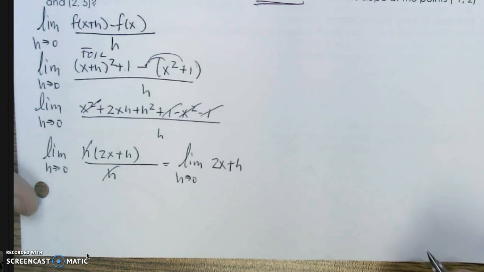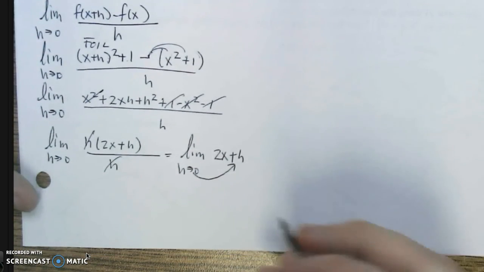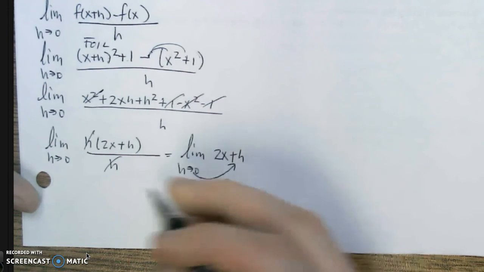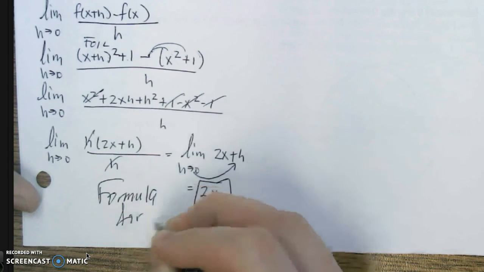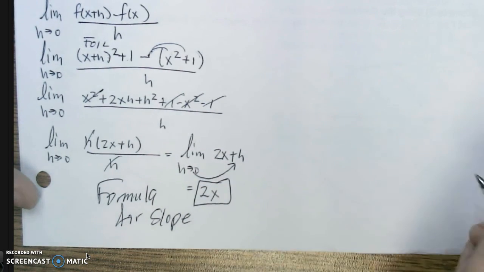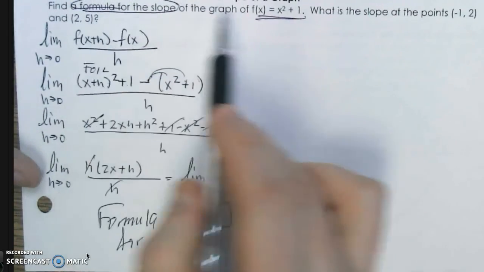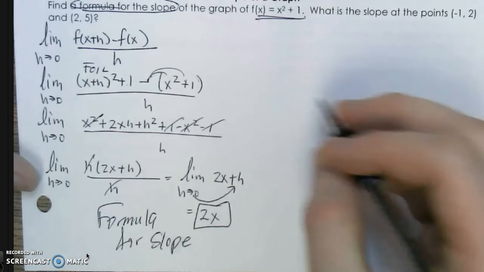And so it's as simple as I can get it, and now it's time to plug in the limits. So the h is going to 0, which means I'm just left with a 2x. So that's the formula for the slope. So now that we've answered the first part of the question, find the formula, now it says, what is the slope at negative 1, 2, and 2, 5? So we're